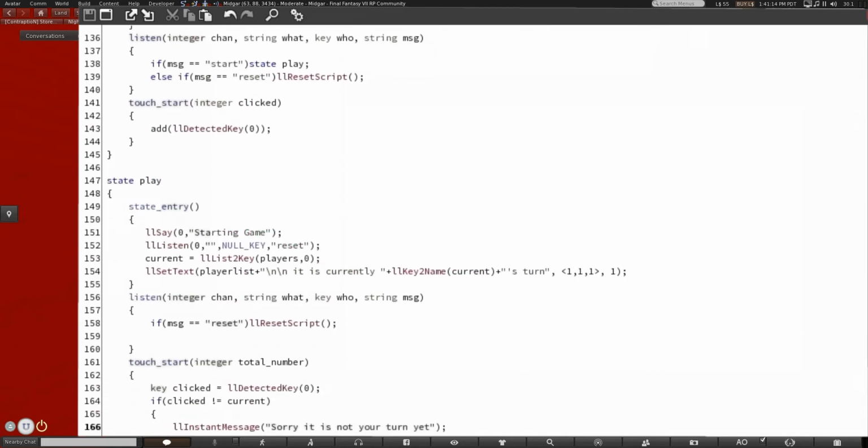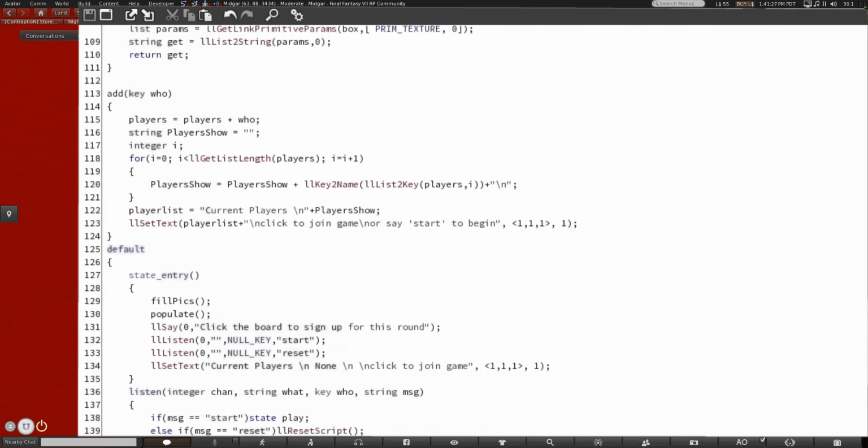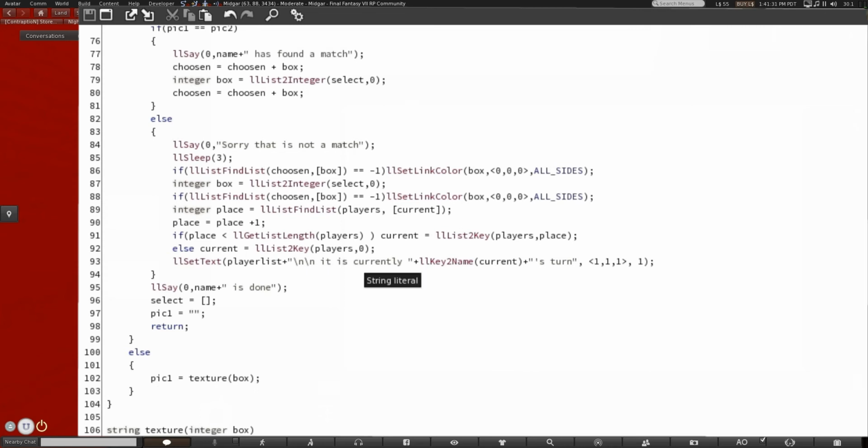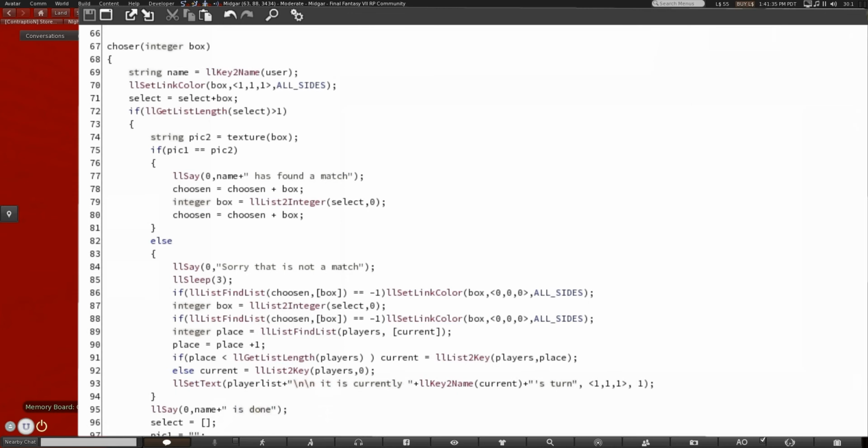And I forgot to put in who this is going to. Clicked. There we go. That was my mistake there. I forgot to designate the key that instant message was going to, because instant message is key, then message. So now what we have done is it will automatically loop through and tell you whose turn it is. If they find a match, their turn keeps going. If they don't find a match, then it automatically goes through, runs this little